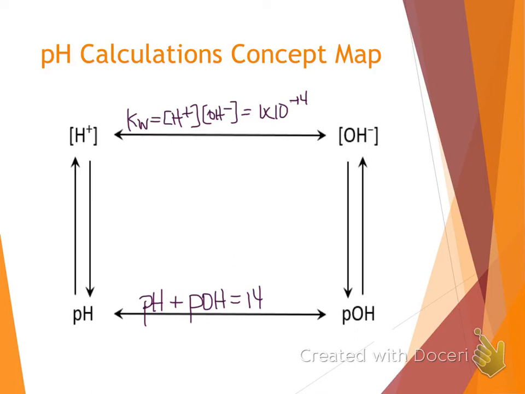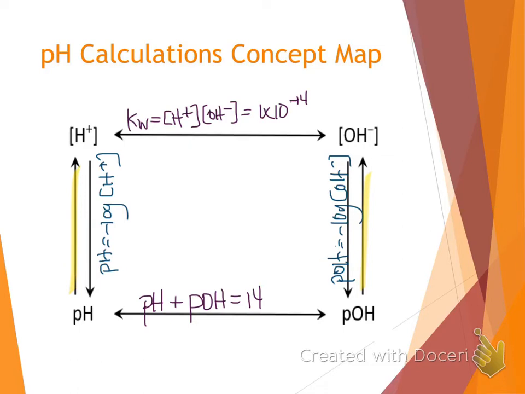So we saw 2 other equations involving our pH and our pOH. If we have H+, we can find our pH because it is the negative log of those H+ ions. If we have our OH-, we can find our pOH because pOH is the negative log of our hydroxide ion concentration. Well, that leaves us with one more equation that we haven't seen yet. And spoiler alert, this is also not on your